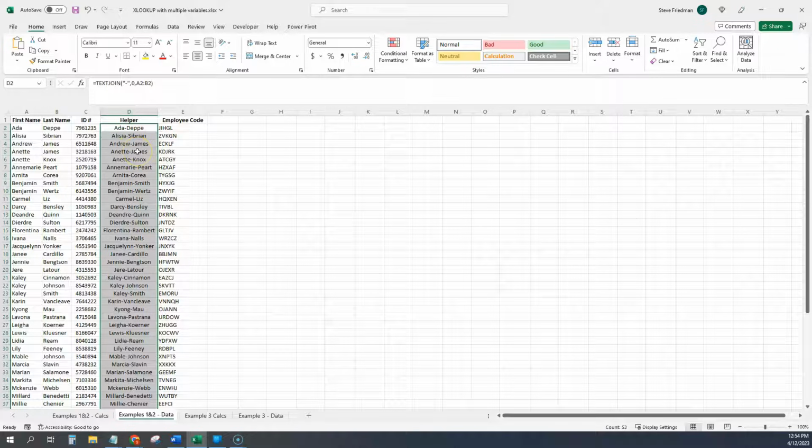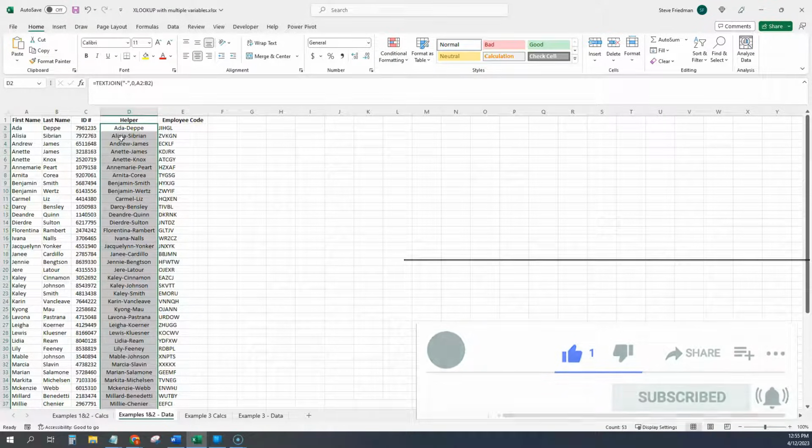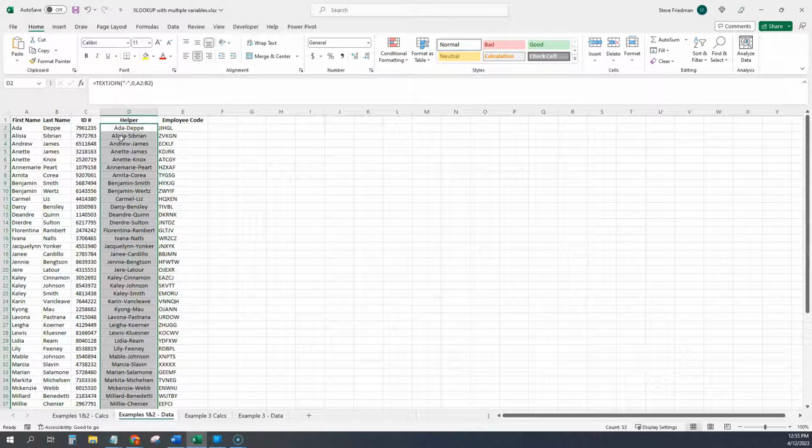Now you see the first and last names are separated by dashes. It's not worth explaining why you put this 0 here, but things work better when you do. I could have separated these names by spaces instead of dashes, so they'd look like normal names, but I'm using dashes because when you use other variables than first and last names, it makes it a lot easier to parse. And our goal here is to make XLOOKUP work. If instead you want a nice presentation of the names, see my video on standardizing names in Excel, which I'll